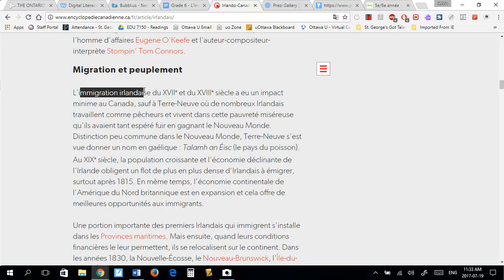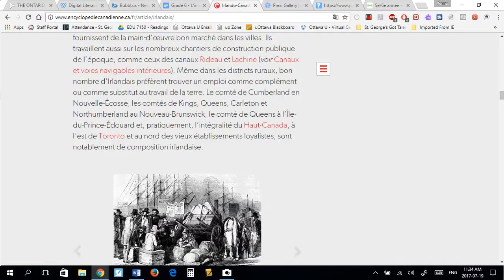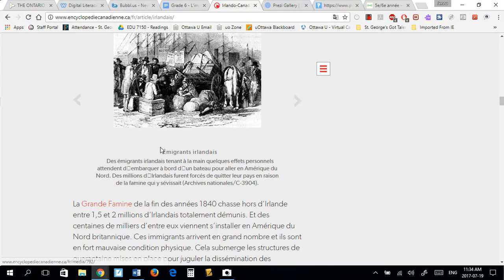So l'immigration irlandaise. Okay, so I might just take a few things from here. Canada, that looks like an English word. Oh, Terre-Neuve, Newfoundland. So it helps them to keep in mind they don't need to understand everything, but they can look for visuals and immigration, immigrants, Irish immigrants. Okay, I can maybe read this and look at the Great Famine. It's bolded. So maybe they came because there was a famine, and I can keep exploring.